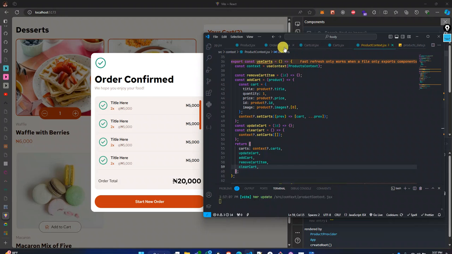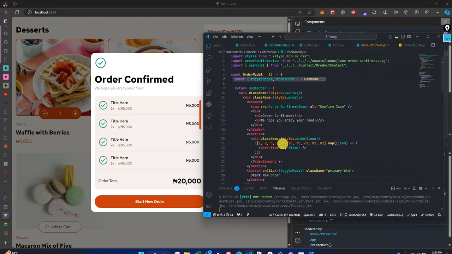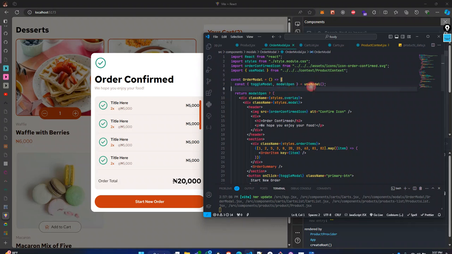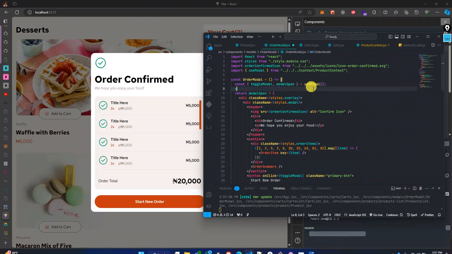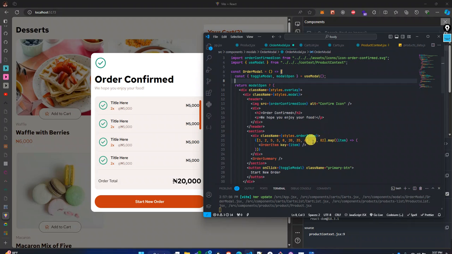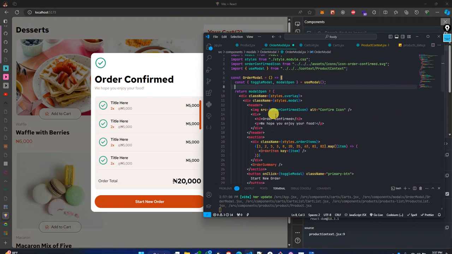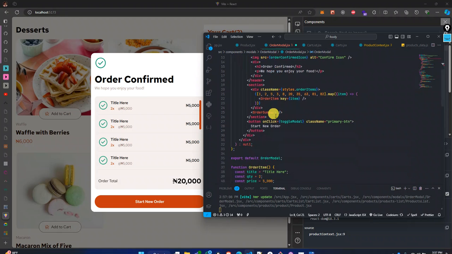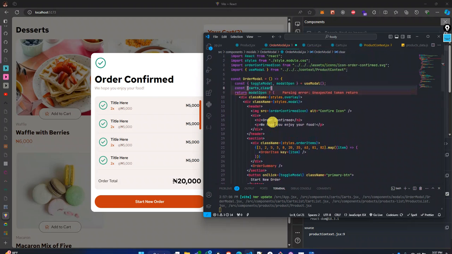Let's go into that modal, which is here. So this is our modal. We've already called the use modal. Apart from that, we need to call this. Let me see. Yeah, as you can see, I'm rendering the other items, but we are using this dummy array value. So we need to use the cart itself again to clear. Am I using the clear cart here? The button is here. So clear carts,